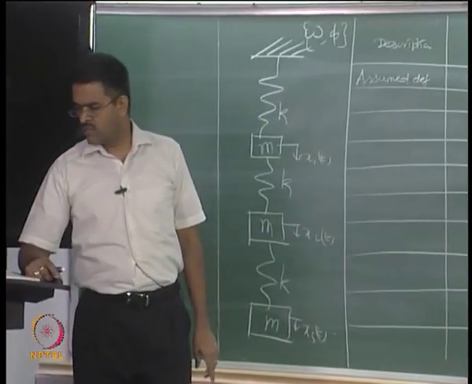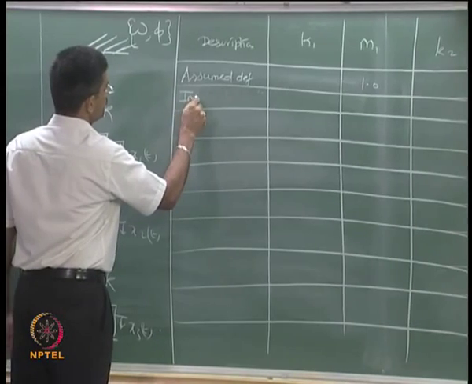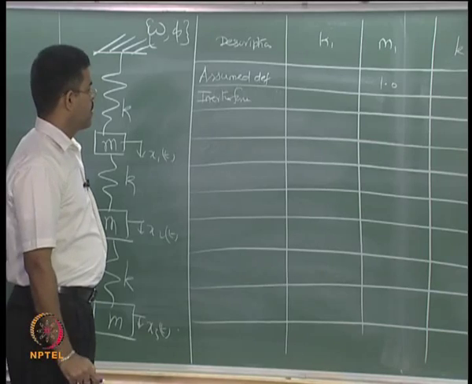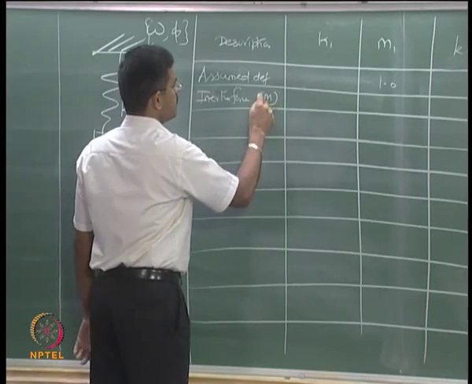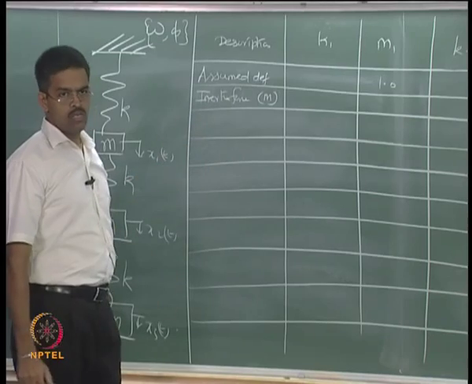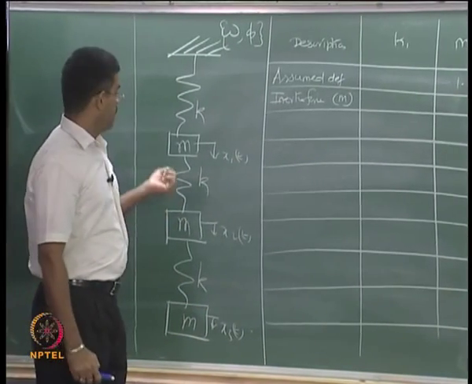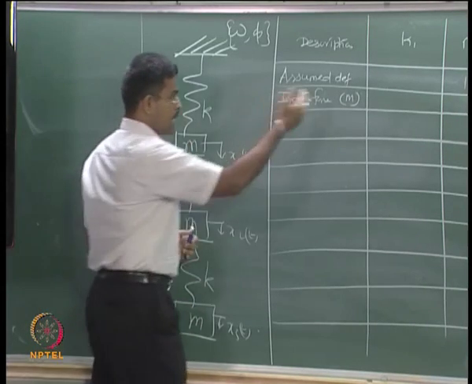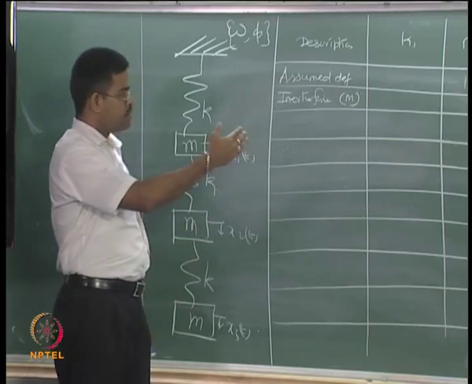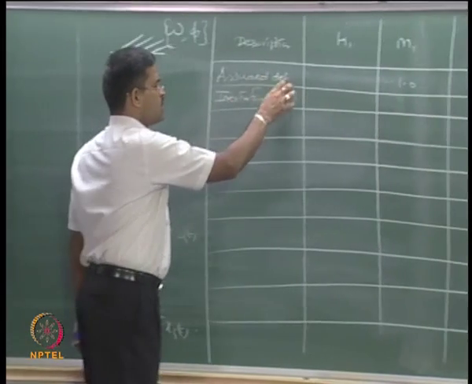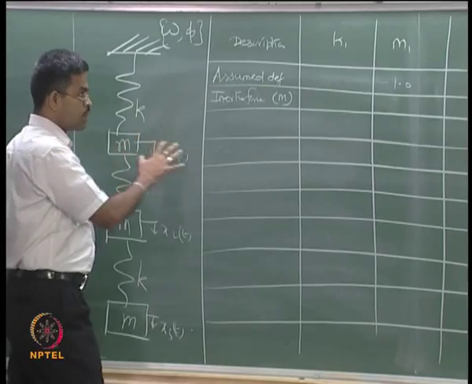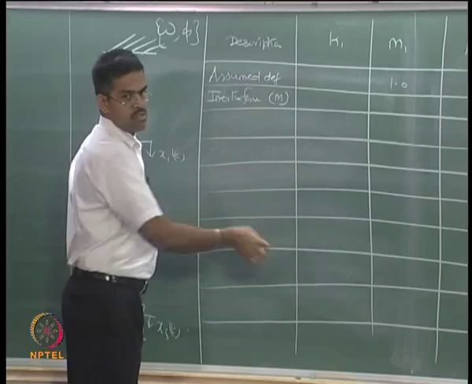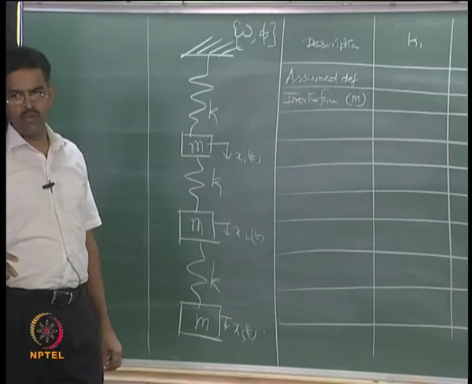Once I do the assumed deflection, then I calculate the inertia force, which is nothing but m x double dot. So I take m out here, I am just taking the multiplier out. You may wonder, sir, for example, if this is 4m, this is 2m and this is m, express all of them as proportion of m and still take m out. So m can be a common multiplier. Even if the m value is given as 1000 kg, 50,000 tons, do not substitute them here, convergence will be a problem. Keep this as m, ultimately in the answer you can substitute this and get the omega value.